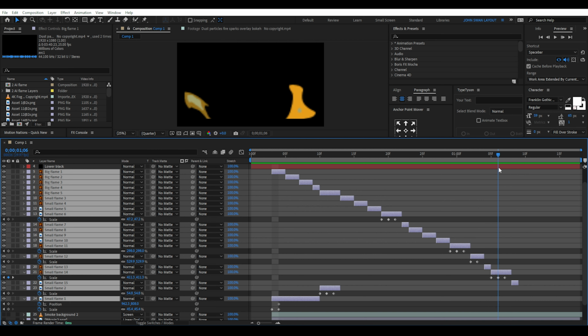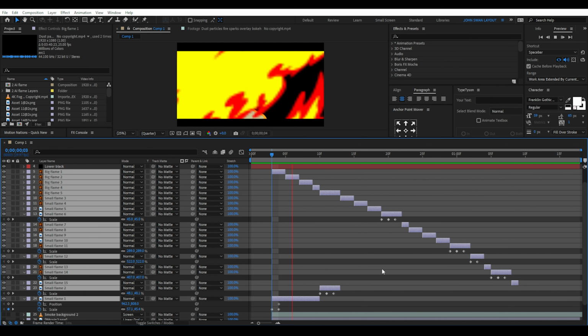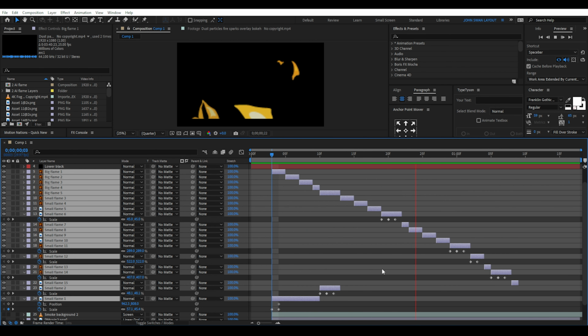multiple future projects. When I expand the active keyframes on all these flames, you can see I've added some scale keyframes on the ones that stay on the screen longer. This keeps the animation going. The other ones are only on the screen for about 1 or 2 frames and don't need keyframes to animate